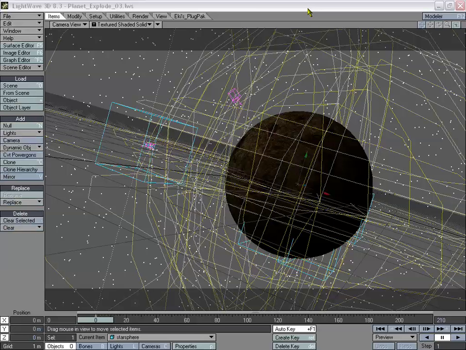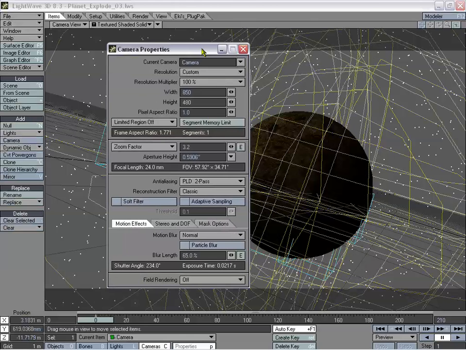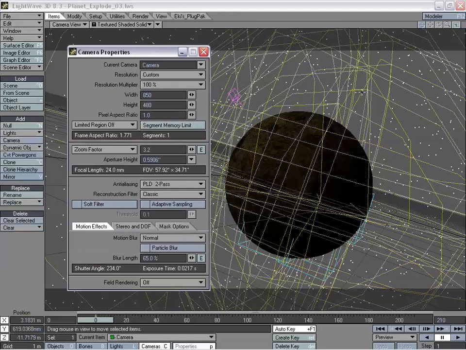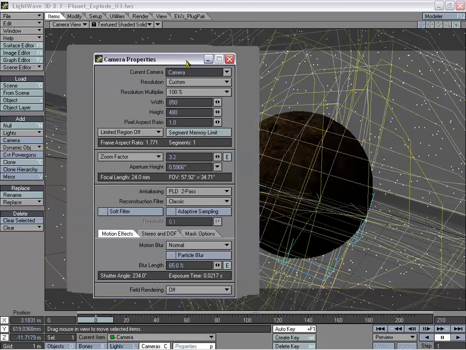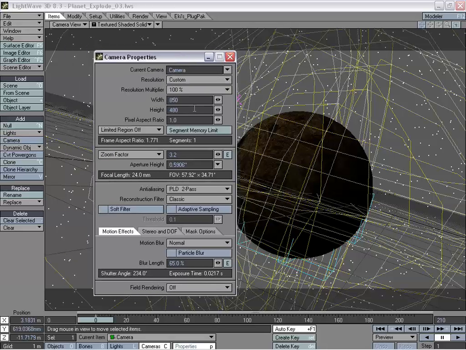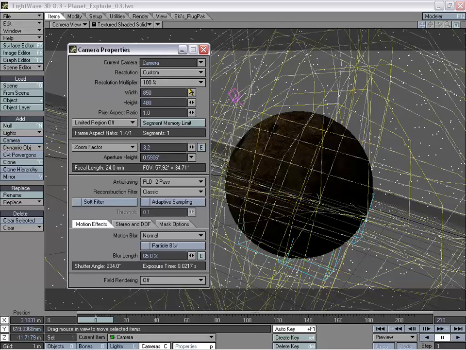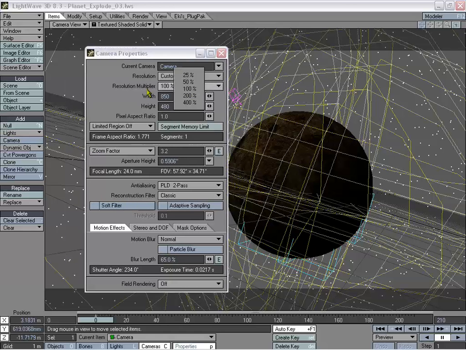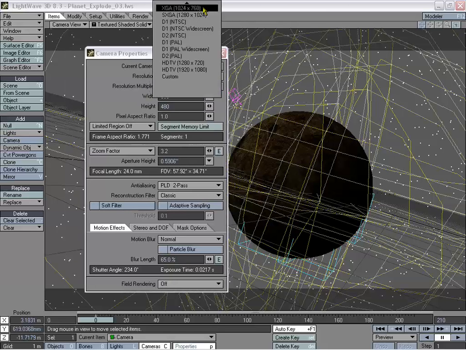Actually, for the camera size, or the output size, this is a bit large, and we're going to have to reduce this if we do plan on having a video output. Like I said, it really depends on your output settings. Right now we have it at 850 by 480, which is not really a set resolution for any medium, but it's what I like as far as the aspect ratio, and I'm just using that for still frames right now. But if we're going to change this, we can grab one of our resolutions off a custom,